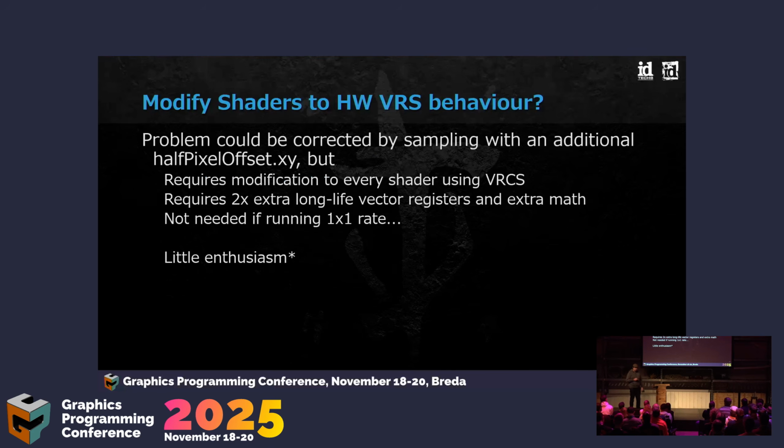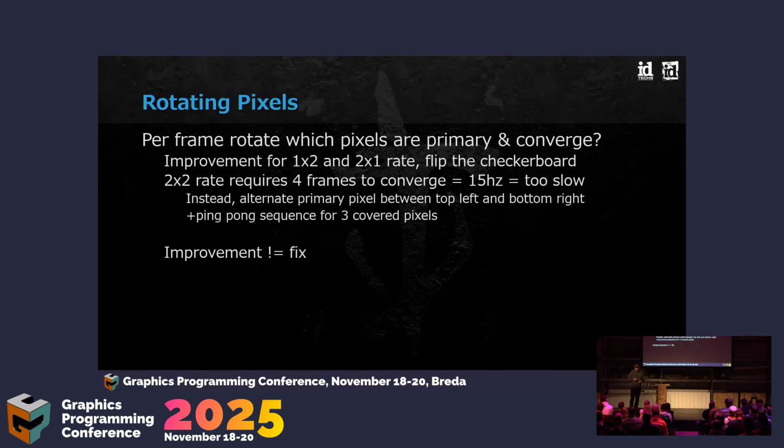So the first thing I thought of was, well, we could just modify the compute shaders to do exactly the same as hardware VRS does. That would have been slightly invasive. We had added the prefix, or Philip had added the prefix to the postfix function, but other than that, we hadn't changed the shaders in any way, shape, or form. So we could have gone through all the shaders, found all the texture samples, offsetted the sampling location. There wasn't a lot of enthusiasm for doing that because we're adding a cost if it's 1x1 rate. So we could come back to that in future, but the first thing I tried instead was